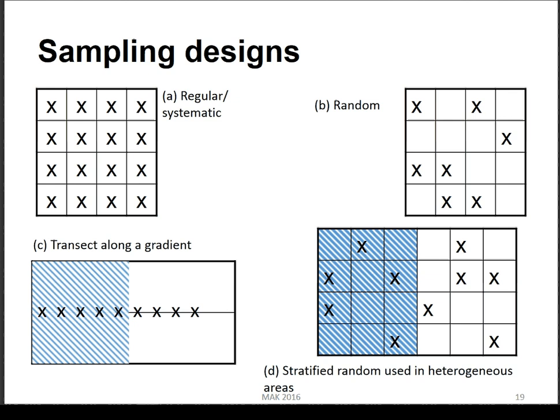We've gone through the 10 or so steps. We've talked about sample units. We've talked about how to determine the number of sampling units we want to do. We've talked about how we lay those sampling units out in sampling designs, and we saw there were regular systematic ones, random ones, transects if there was an obvious gradient, and stratified random designs of our sampling where